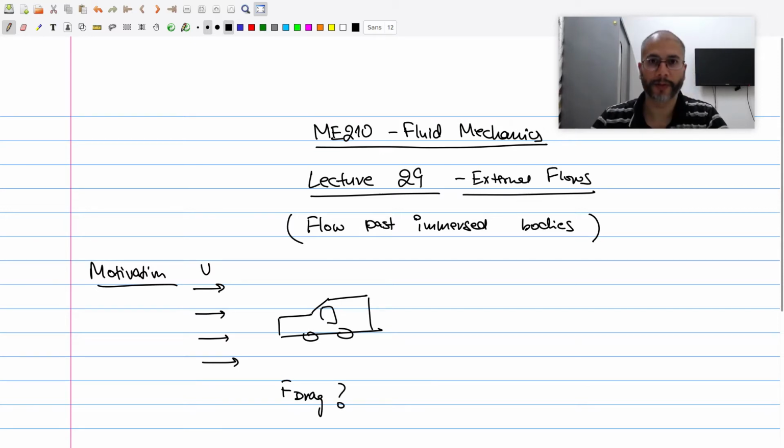So what is the drag force on the car in this case? That is the main aim of all the discussion that we're going to do today and in the next few lectures on external flows. The flows happening outside a solid body, in this case a car, what sort of forces do those flows apply on the bodies is what is of interest. So whatever we do is going to be oriented towards being able to find this drag force.